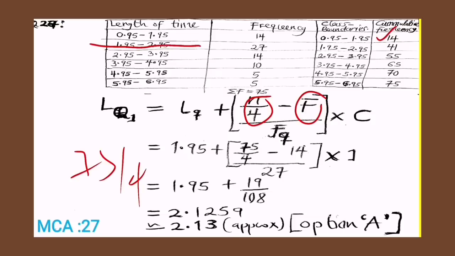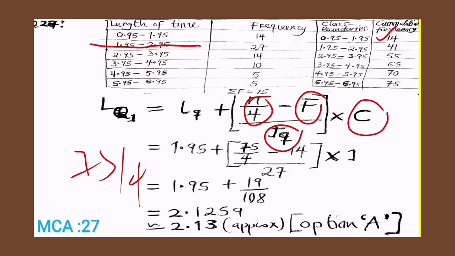Okay, so before the class, the cumulative frequency is what? 14. So that's why we had the 14 here. And then this f here is the frequency of the quartile class, and that was what? 27. So when you manipulate, after all, you should be able to arrive at your answer, and the c here is